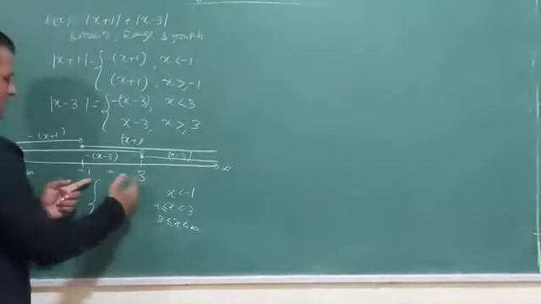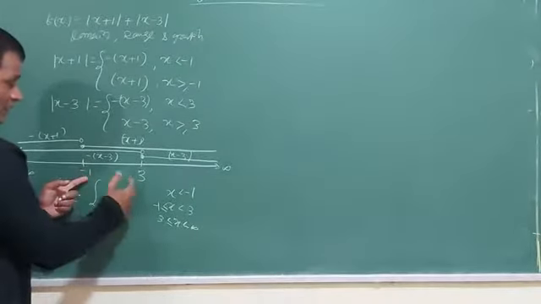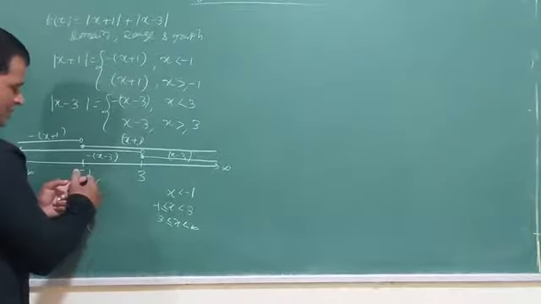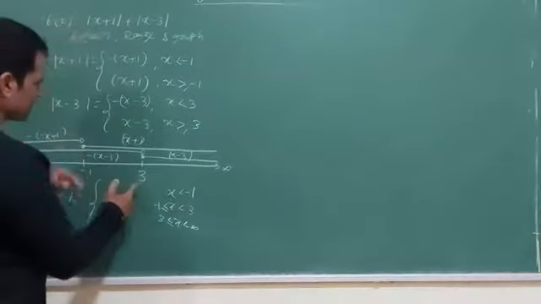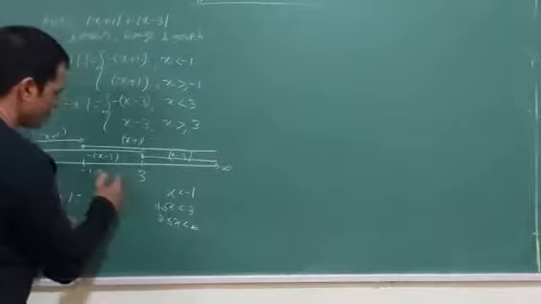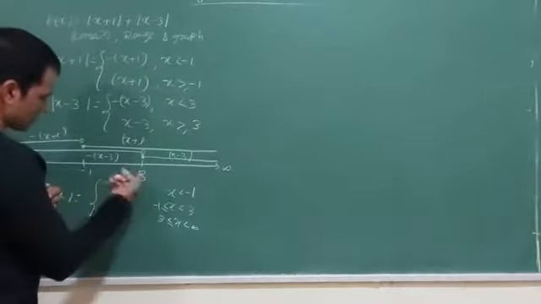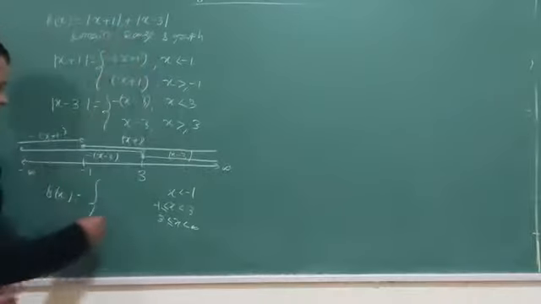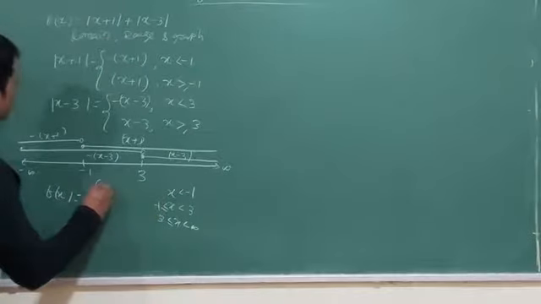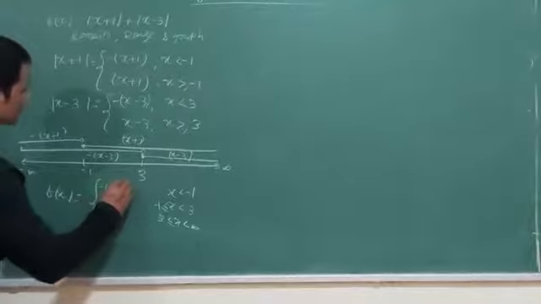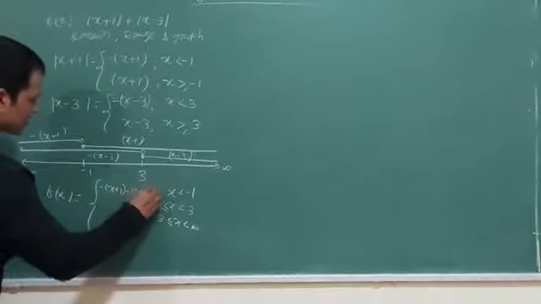When I stand in between this, minus 1 is covered. If I am traveling in between this, that means I covered minus 1, so this will become positive. When I come to this one, both have been traveled. When I am reaching this interval, both have been covered, so both will become positive. So in the first one, I write down both negative, x plus 1, x minus 3.